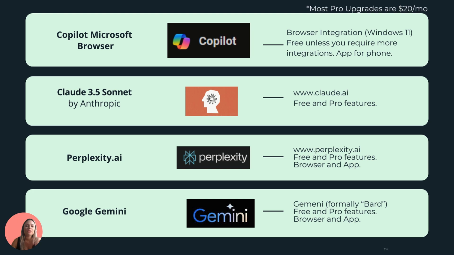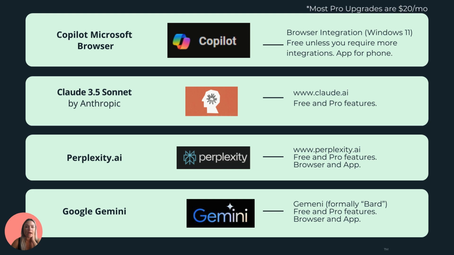Okay. Here's a few different models. Technically, I don't think Gemini Bard is by Google. Gemini, formerly called Bard, I think that's its own LLM. And then Perplexity is actually trained on Anthropic right here. So Anthropic's Claude 3.5 and ChatGPT, and that's what builds out Perplexity here.